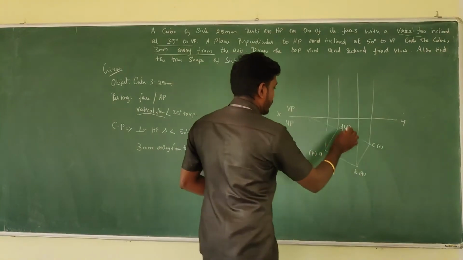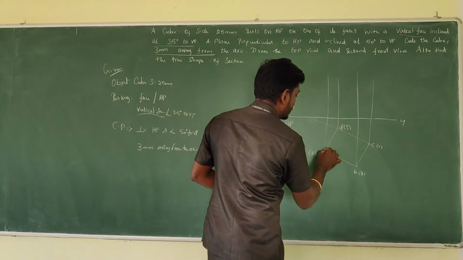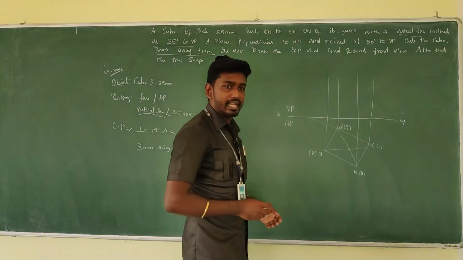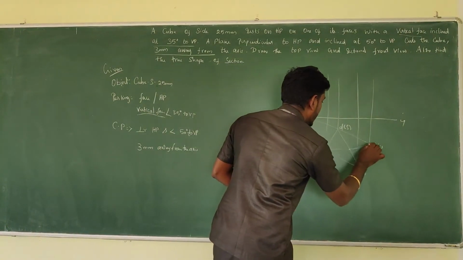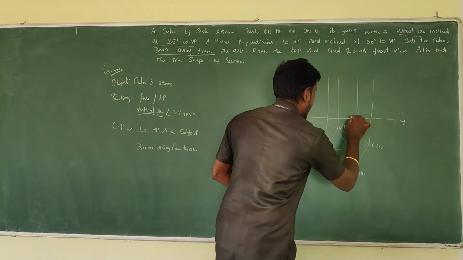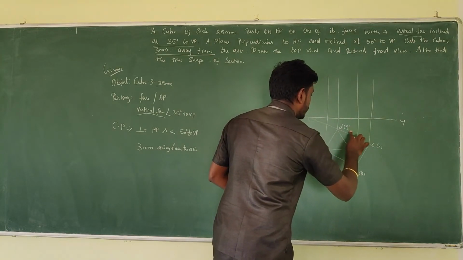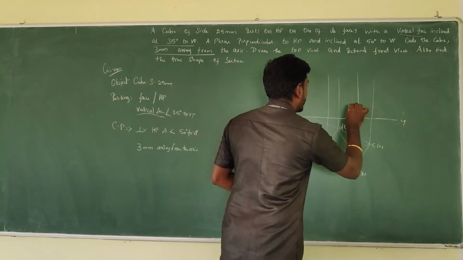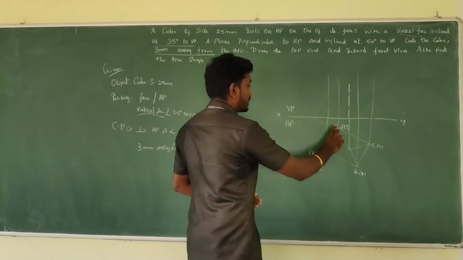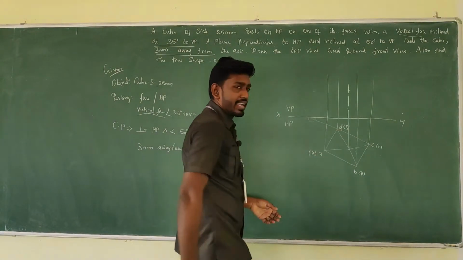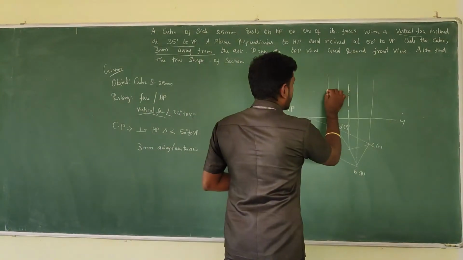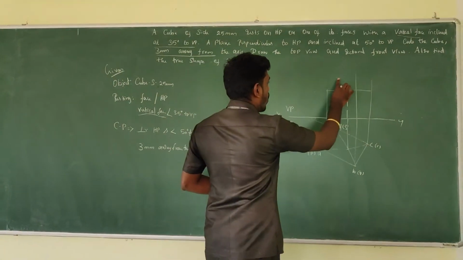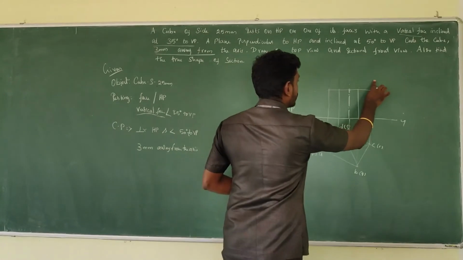So take 25 mm. If you want to get the axis, you need to join the diagonals. At that time you will get the center. From that you shall take the axis projector. Somewhere here you will get it. That you just measure 25 mm and have a cut, height is equal to this side. With the help of that, I have done it, and then remove all the excess lines.